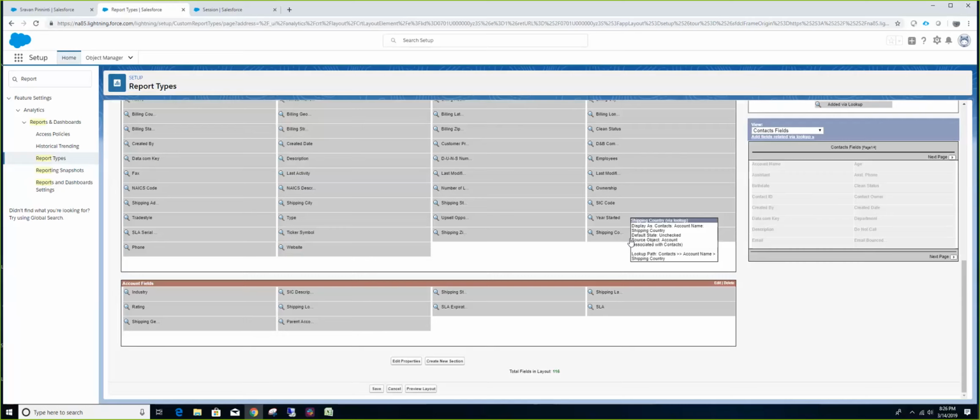But again, these are learning things. That's why if I am starting a brand new project right now, where nobody has used anything, I would probably hide all the standard report types and only work on custom report types. That way we get more flexibility in terms of labels, in terms of creation of sections, in terms of adding fields via lookup and all those things.